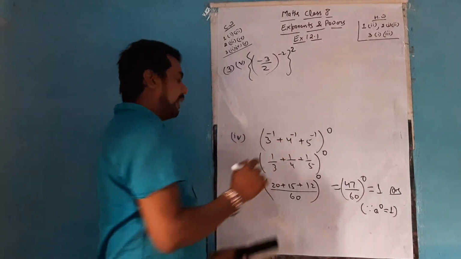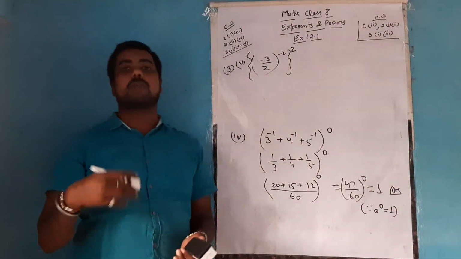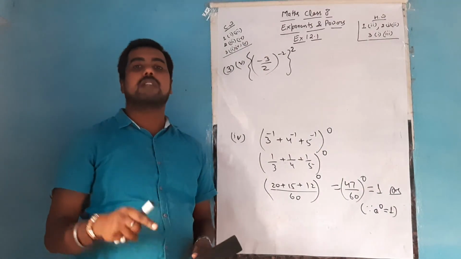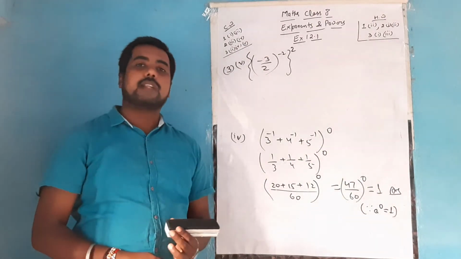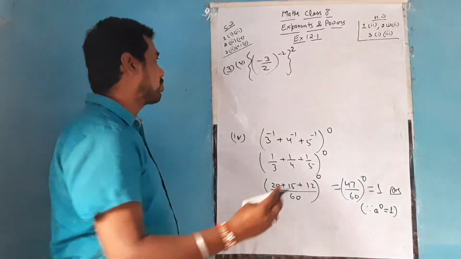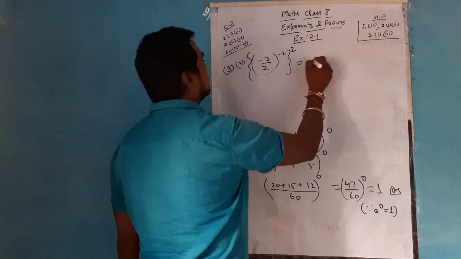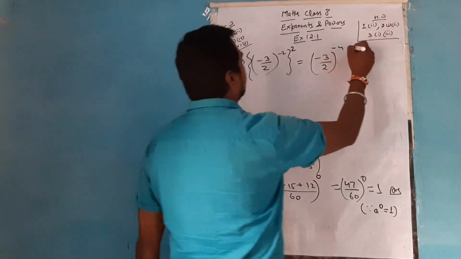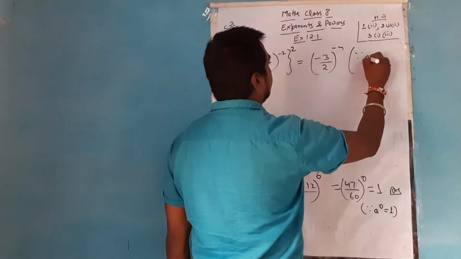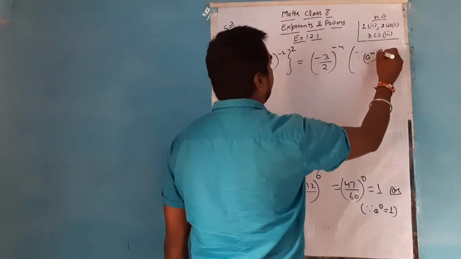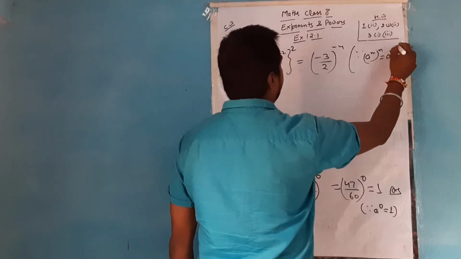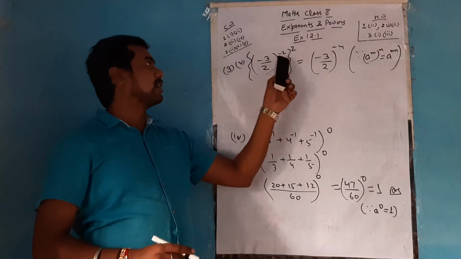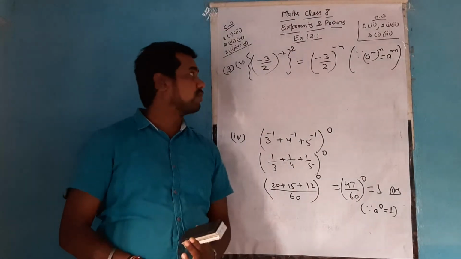As you know, when a single number has more than one power, that is 2 power or 3 power, in that case we multiply all the powers together. So the value of the same becomes (-3/2) to the power -4. Reason for the same, you can mention it as (a to the power m) to the power n equals a to the power mn. Powers are being multiplied. So -2 into -2 becomes -4.